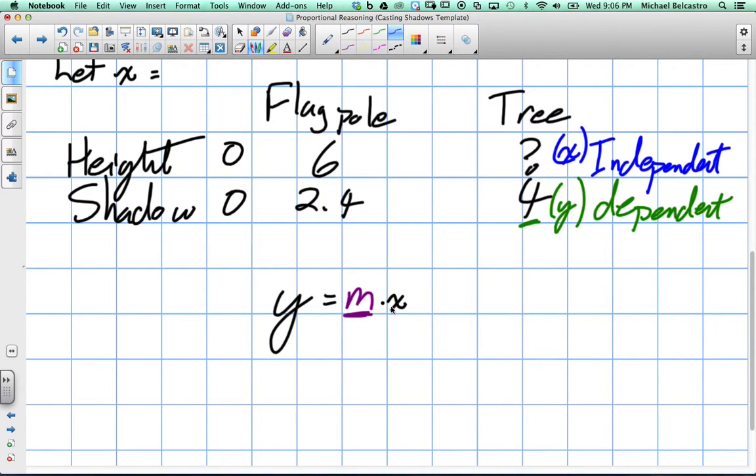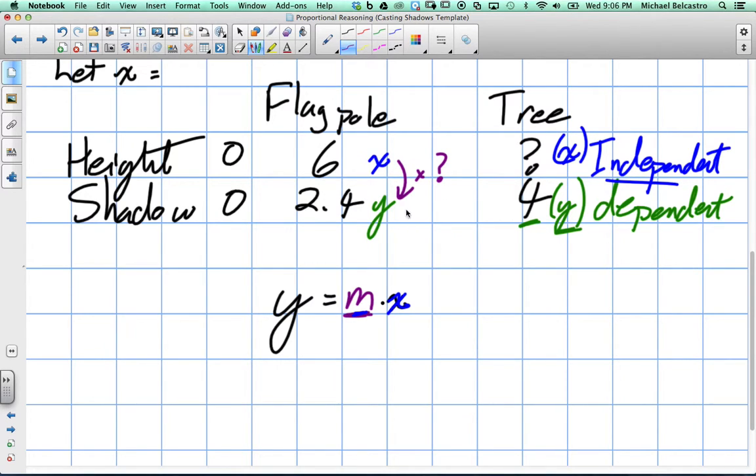Now we said x was our independent. And our independent is being multiplied by our m to get to our y, which is our dependent, which was the shadow length. Well, the flagpole's got all that info for us. If this is our x, remember, height being our x's and shadow being our y, what's our rate? What is x being multiplied by? Okay, and in order to figure that out,